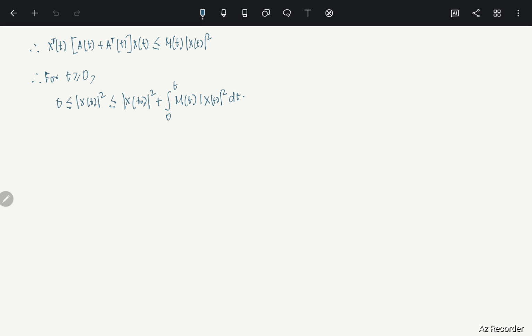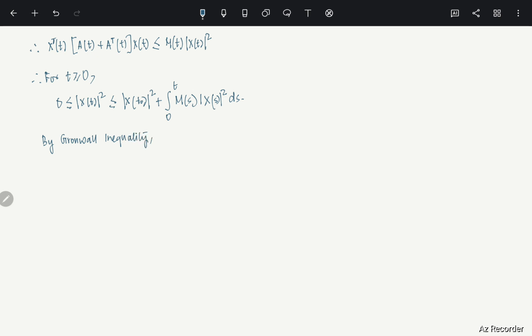Now you see this is in the Gronwall form, right? One second, let me change the variable a little bit. I should write it as ds. This is okay because the integral is from 0 to t, right? So I have to change the variable a little bit. I'm sorry about this. So m(s). I hope this is fine here. Now by Gronwall inequality,